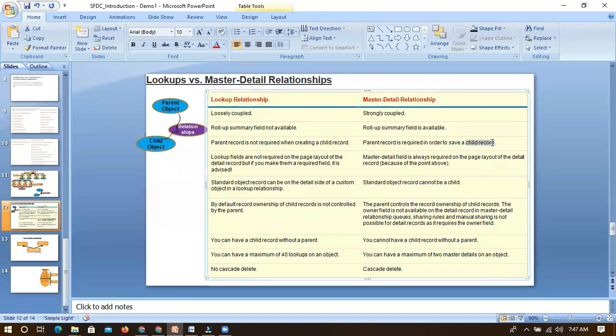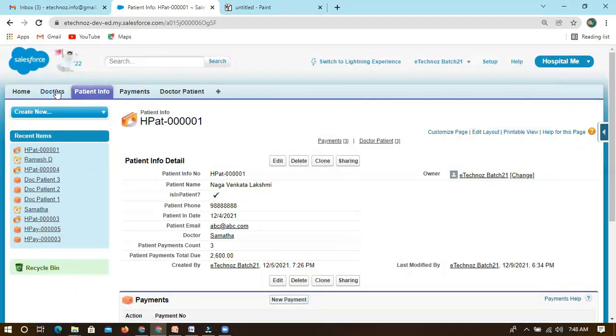When you're creating a child record, before that you need to have a parent. Otherwise we cannot create master detail or convert lookup to master detail. So if I want to convert this lookup to master detail, first I need to go to data first.